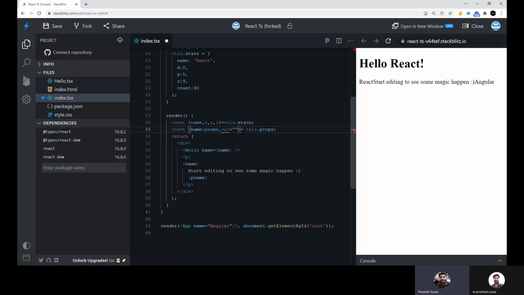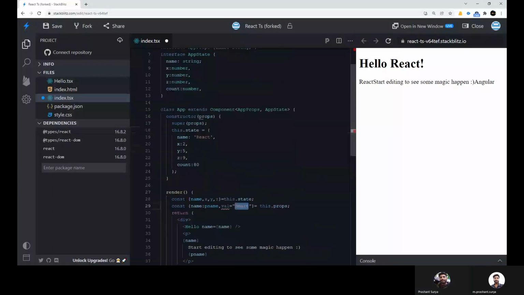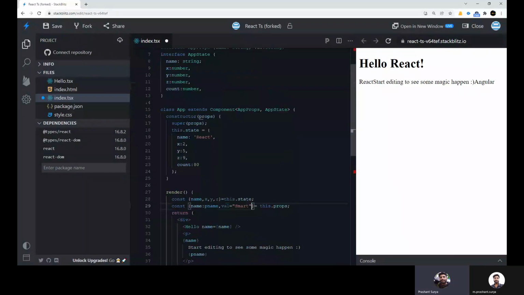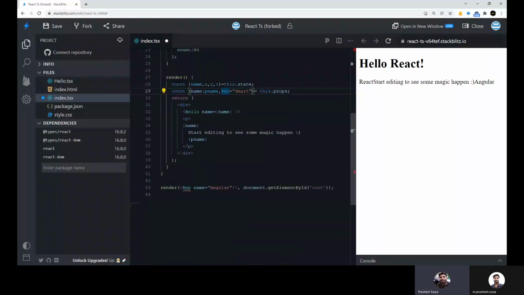So what I have done is I have taken out the val variable from props, and I have set the default value to smart. I have to mention it here as well, that val is a prop. We have defined val and set the default value here, but we are not getting the props from here. See, props is missing here.